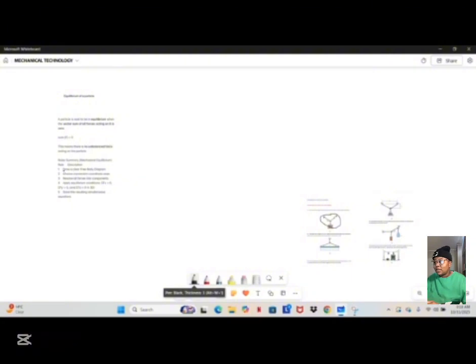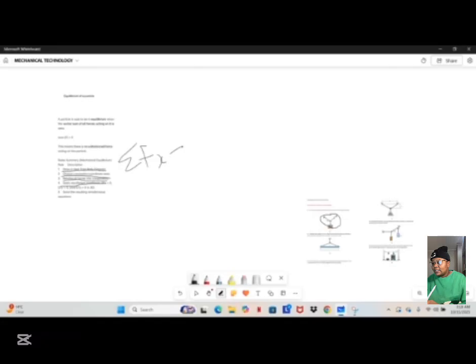Oh, sorry, my whiteboard is acting up, but we have to abide by the rules, which are rule number 1, to draw the free body diagram of this thing, and then number 2, we have to choose the convenient coordinates, and number 3, we have to resolve all forces into components, right? And then we have number 4, which is very important, whereby we have to apply that the sum of